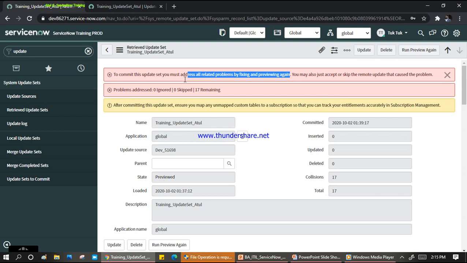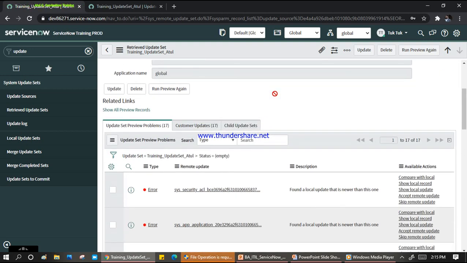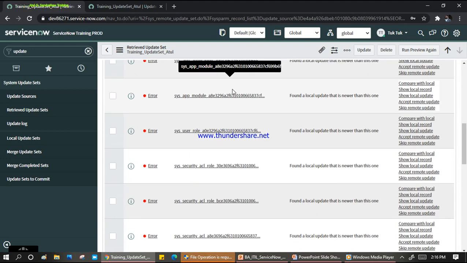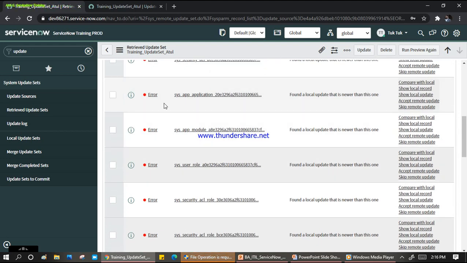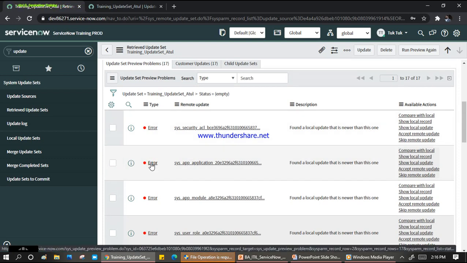This is the purpose of recommitting: I want to show how you can minimize or check those problems. Go here and you can see these errors are available. So let's take an example. Let's take this one. What is this showing to me? I click on the error code here.